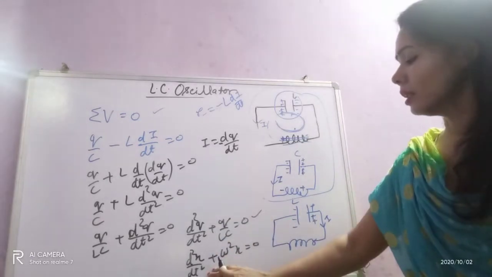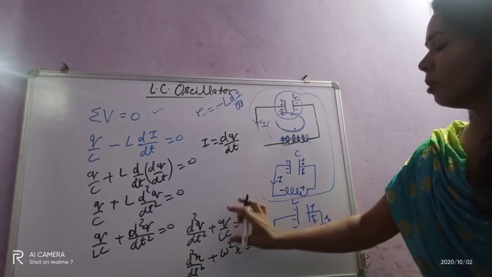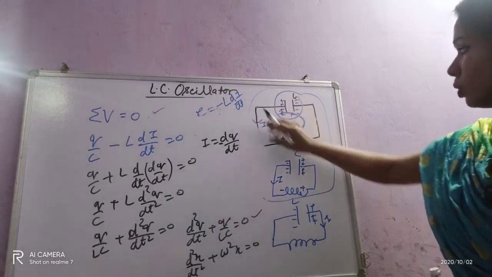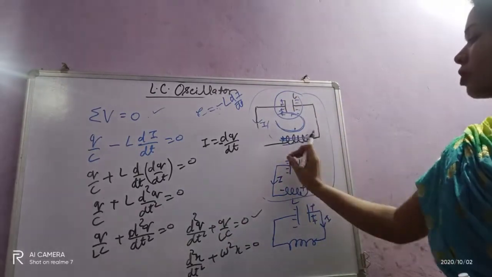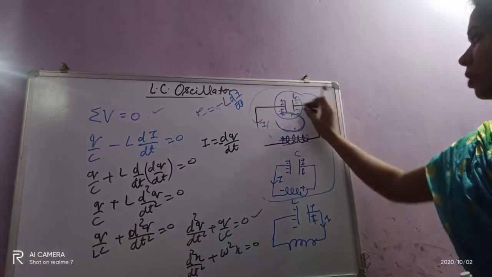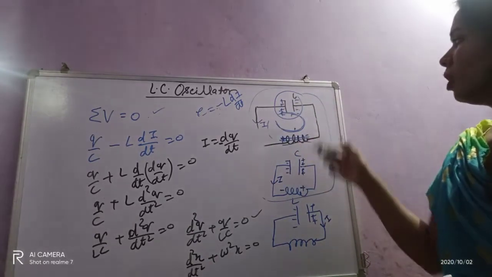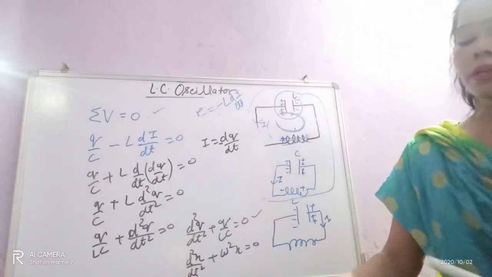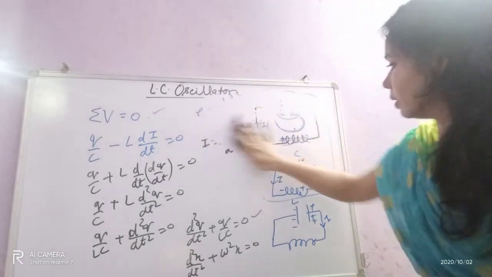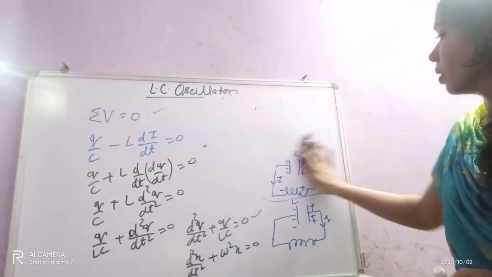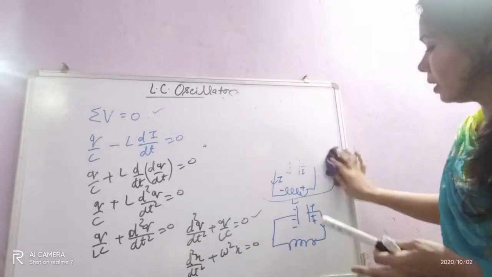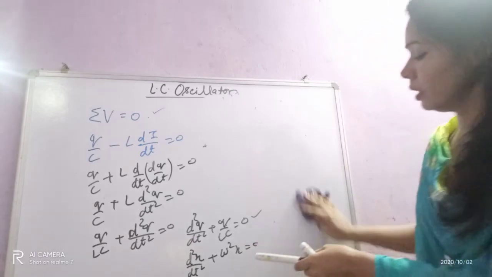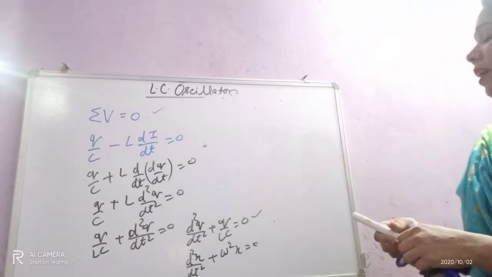The particle oscillates about its mean position. In the same way, here the electric and magnetic field is also oscillating. Charge is also oscillating from positive to negative. Again, it is positively charged from this direction to this side. First, charge is flowing through this direction, again charge is flowing through the other direction. So continuously, the flow of charge is oscillating, changing. So we have shown that the electric and magnetic field is oscillating between L and C, between the capacitor and inductor.